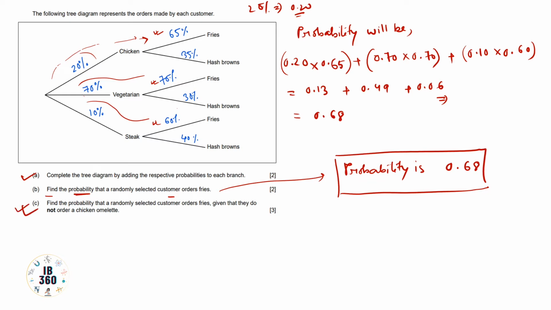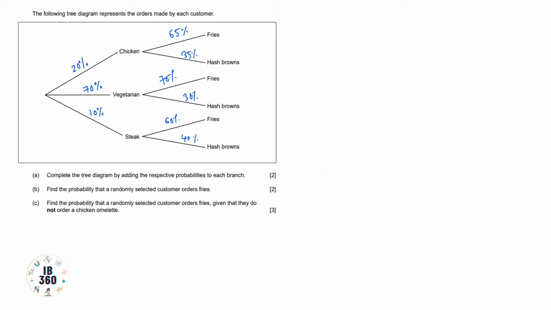Okay, so here some calculation will be there, and something that you need to consider. Find the probability that a randomly selected customer orders fries given that they do not order a chicken omelette. So here we will use the theorem of probability, that is P of A given B equals P of A intersection B divided by P of B. So here A will be the answer that we need to find out, that the customer orders fries. So A given B, A will be orders fries,